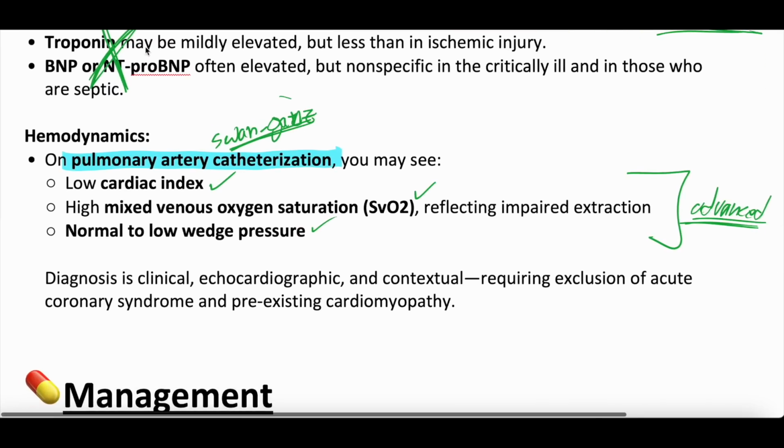So the summary here for diagnostics is, in our humble opinion, really echocardiogram. In the setting of the context, the patient has to have septic shock and has to have a clinical picture that fits sepsis-induced cardiomyopathy, and then you get an echocardiogram, and it looks like their LV, left ventricular ejection fraction, is down. That's pretty consistent with sepsis-induced cardiomyopathy. All right, you do need to exclude acute coronary syndromes, those thrombotic coronary occlusions, and pre-existing cardiomyopathy. This is probably self-explanatory, but is worthwhile saying out loud.